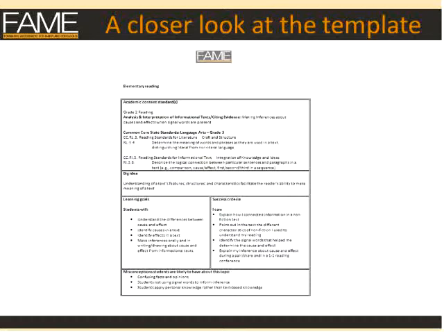So this is the overarching idea for the unit: understanding of a text's features, structures, and characteristics, and how they facilitate the reader's ability to make meaning of a text. On the left we have the learning goals, and on the right, success criteria. Remember that the success criteria must directly align to the learning goals, and the learning goals must directly relate